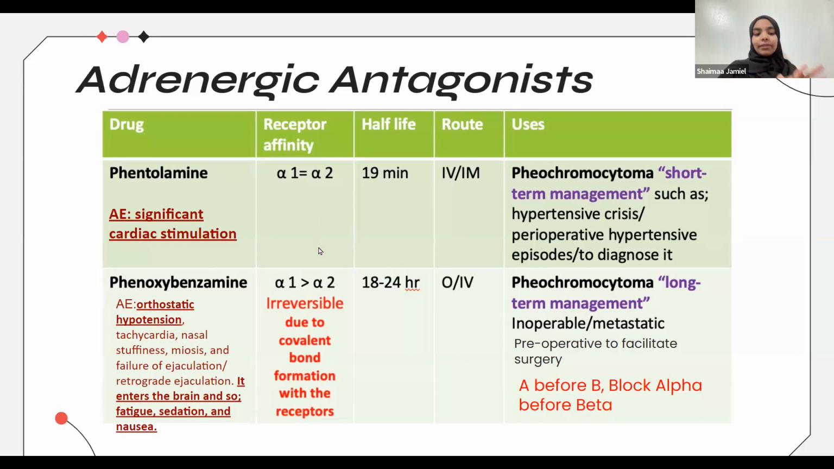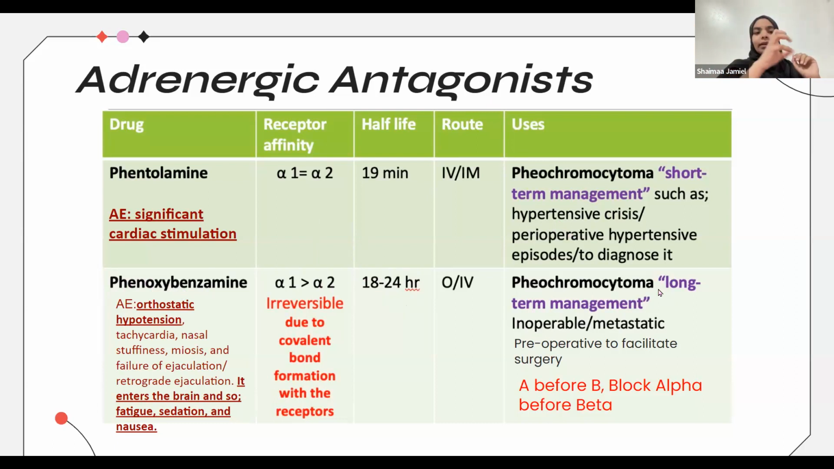And therefore, one of the adverse effects of phentolamine specifically is significant cardiac stimulation, okay? Significant cardiac stimulation because it's going to cause reflex tachycardia. The other drug, which is phenoxybenzamine, is just like phentolamine, however, it has a much higher half-life, and therefore it's used for the long-term management of pheochromocytoma